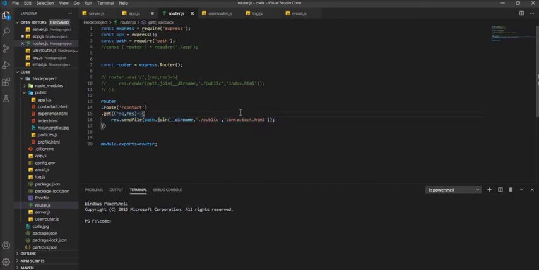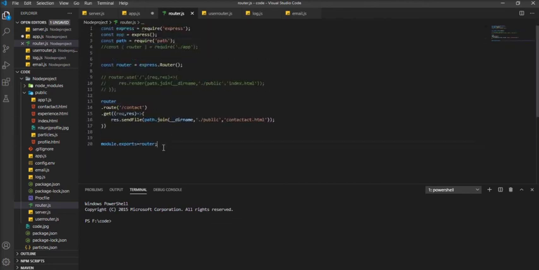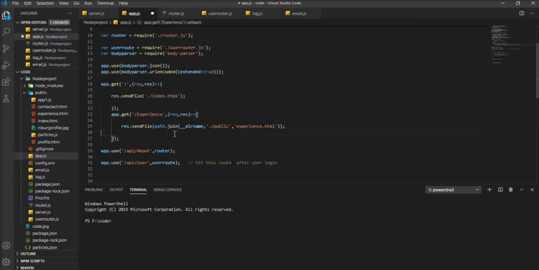And to use this router, you first have to initialize it as const router equals express.Router, and here you also have to require express. And you have to use module.exports. This is necessary if you want to require a module, because it is used to export, and only then can you use these functions or routes in this file by router. Otherwise